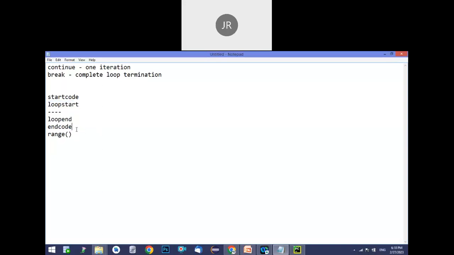And after this, we have a function called the range function in Python. It's an inbuilt function. The main intention of this function is to generate a sequence of numbers, or I can say a series of numbers. Whenever you want to generate some series of numbers, like 1 to 10 or 1 to 100, we can use this range function instead of typing manually. For example, if I want to provide a list of 1 to 10 manually, you have to type it.